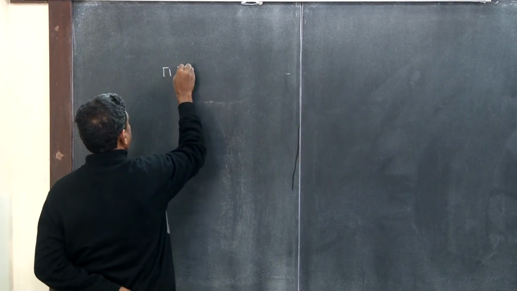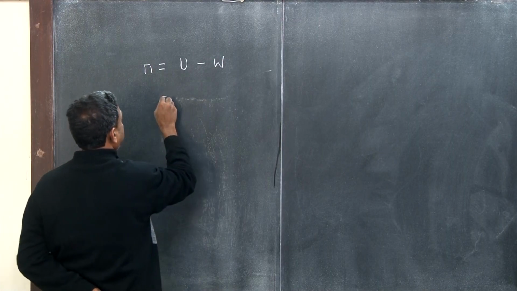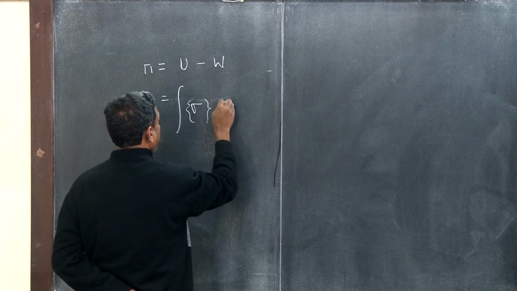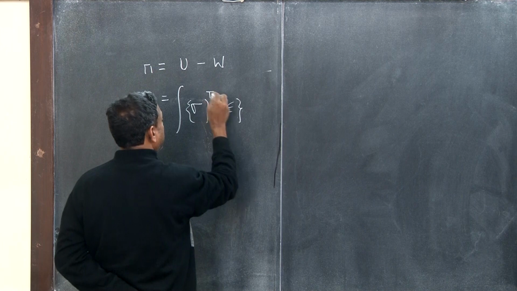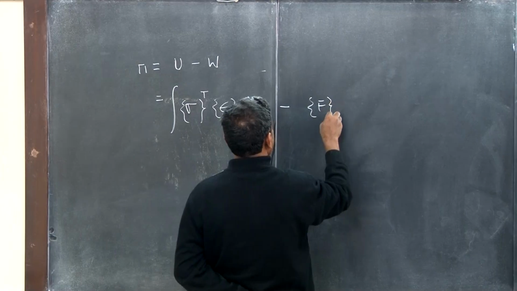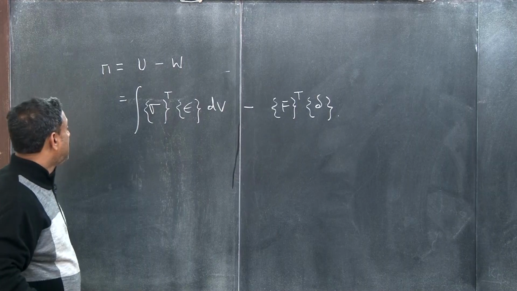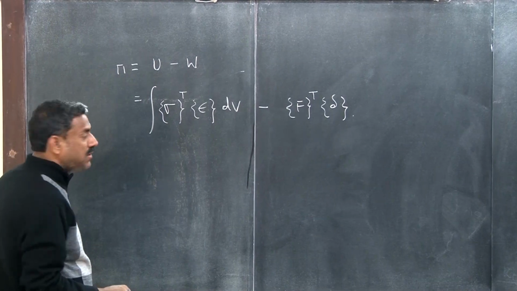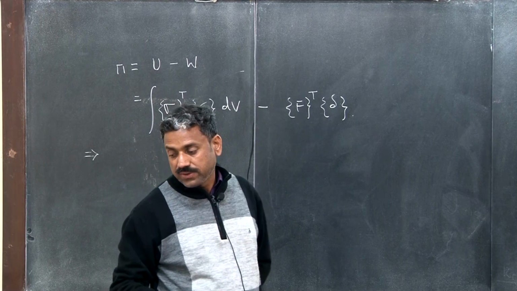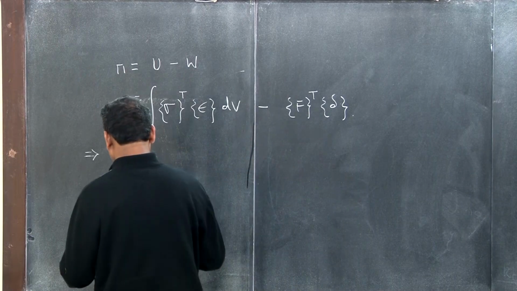So, what is strain energy? Potential energy is strain energy minus work done, right? So, the strain energy we can write as the integral of sigma and epsilon dV, minus the external load into delta. That is how we write the potential energy, isn't it? So, when you do this minimization of the potential energy, here what we will write,